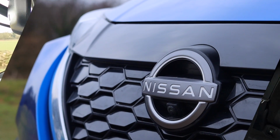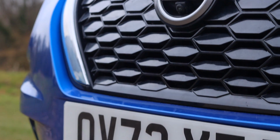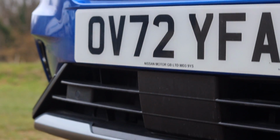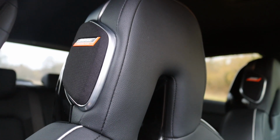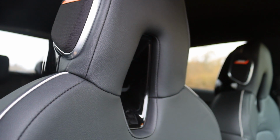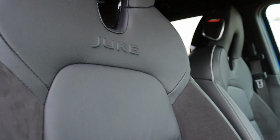Before I wrap things up, let me cover the pricing. Unlike the standard Juke, the hybrid version starts at the N-Connecta trim level as opposed to the Visia. This means the starting price for the hybrid version is £28,210, but the trim level tested here is the range-topping Tekna Plus. With a starting price of